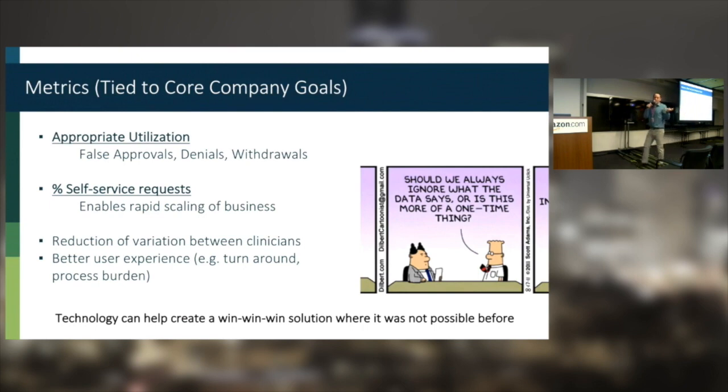And lastly, and actually important, is the better user experience. Now, going back to the win-win situation, up until what we are doing, it was impossible to improve all of these together. For example, improving the user experience, which means doing things quicker, or improving the self-service, which means getting it done a lot quicker, essentially simply improving, meant that you lost something on utilization. You probably falsely approved some things. Now, not so much. We can actually optimize across all of them.